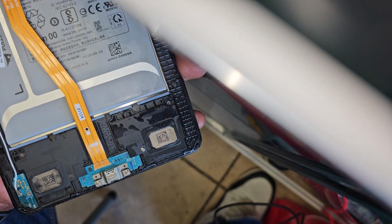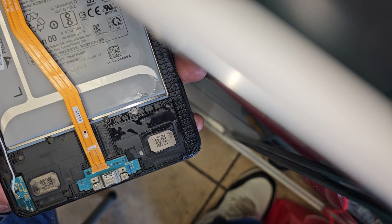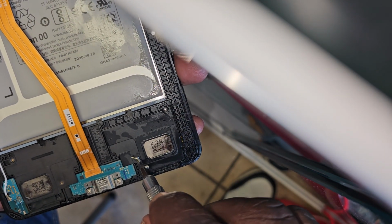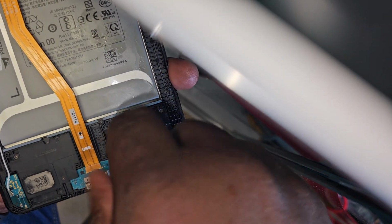At that point in time I don't need to do this. I'm going to take this thing apart. I need to remove all of these screws here and this screw here to get to the charging board. In this case I do not have the complete charging board on hand, so I would need to, again,